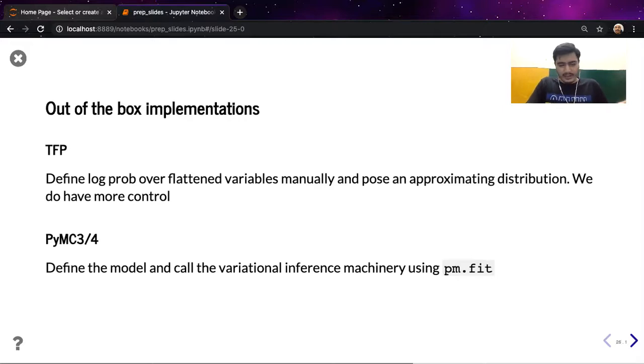Yeah, TensorFlow Probability gives better control over how you define approximating distributions, define the optimizers, and run the optimization loop. There's greater control. But if you want more and more functionalities, it will be quite a lot of hassle to do so in TensorFlow Probability. So we're going to make use of all the Bayesian machinery defined in PyMC3 and 4, so as to enable users to focus on the data generative process and the inference drawn from the inference algorithms.